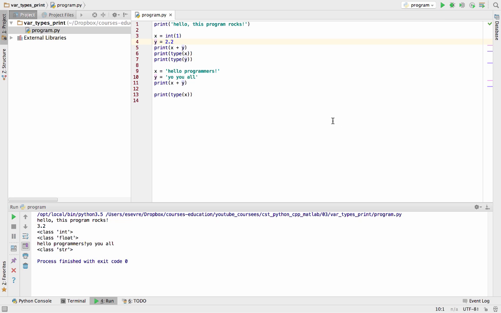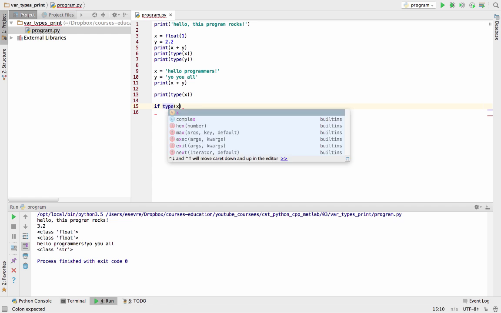So now if we run our program, okay, everything comes out the same. But if we don't want it to be an integer, we could say float 1, and then we'll get the output for x to be float and float. So there is a way we can force the type to be integers or floats. It's a little bit more complicated if you want to have control over types, but we can say things like